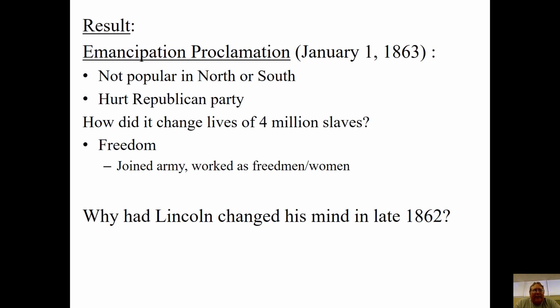So why has Lincoln changed his mind here in 1862, right? This thing is officially going to go into effect in 1863. It essentially says, Southerners, you have 3 months to come to your senses here, right? Give up on this war, come back, rejoin the country, and this thing goes away, and we're not freeing any slaves. But if it goes on past that, then I'm going to start freeing slaves, and we're going to start doing something about slavery in this country. Well, in the end, he kind of has to.